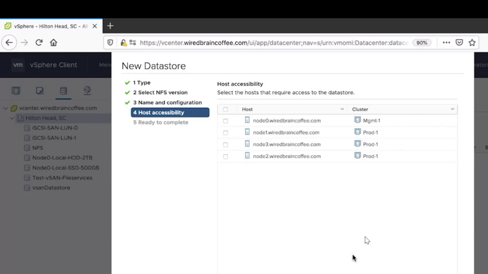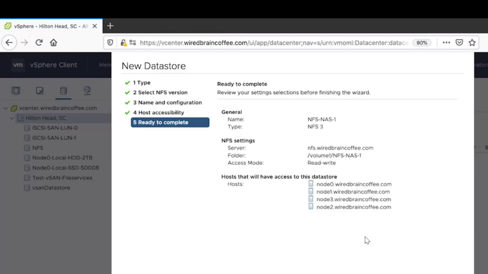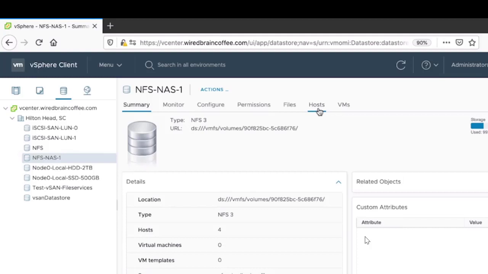It will ask me how many hosts to attach this data store to. So I select the upper checkbox to attach this data store to all my hosts, and again I click next. This is the summary, and I click on finish. As you can see, now a new data store appears in my inventory, NFS-NAS1 data store. The type is NFS 3 and the total number of hosts is 4.